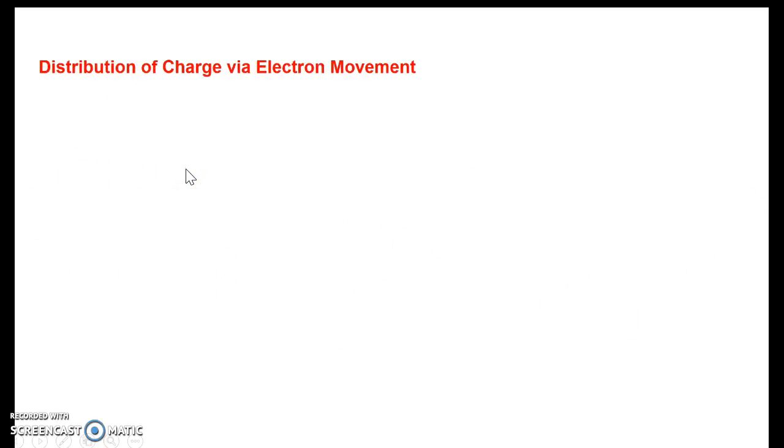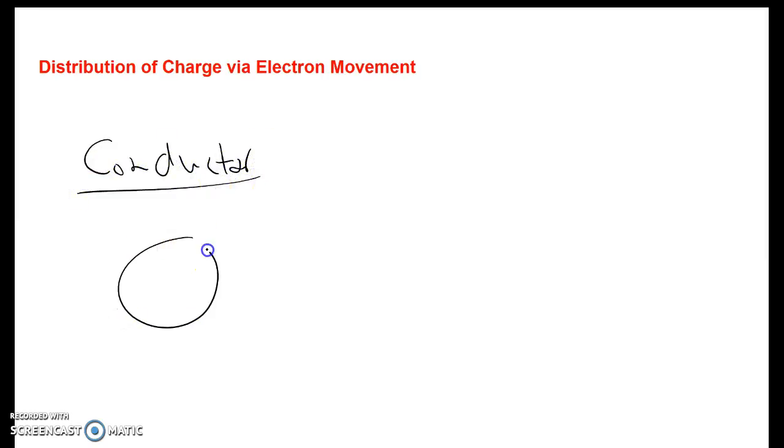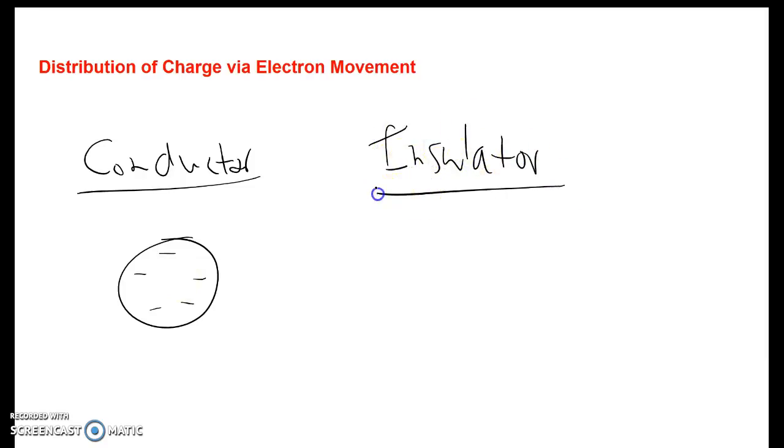Now, distribution of charge. When we look at electron movement and distribution of charge, if it's a conductor, we expect the charge in our sphere from the previous example to spread out. If it is an insulator, we expect charge to not flow and to stay in that one spot that we saw on the sphere. So electrons will spread out in a conductor, but they will stay close together in an insulator,